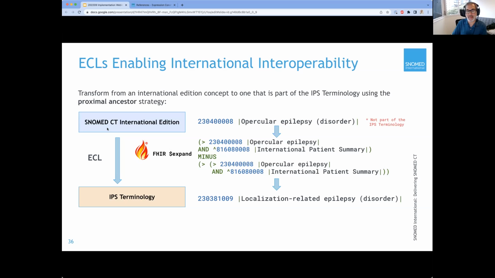Let's say I'm creating an ECL using the international edition, and I have a concept entered by a neurologist that says this patient has opercular epilepsy, which is a kind of epilepsy related to some specific region of the brain. This concept, opercular epilepsy, is not part of the IPS terminology. So what we can do is create an expression like this one here and execute a FHIR expand operation